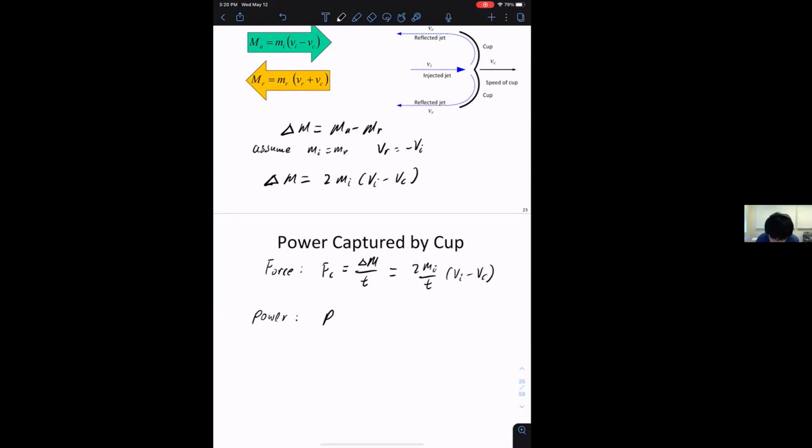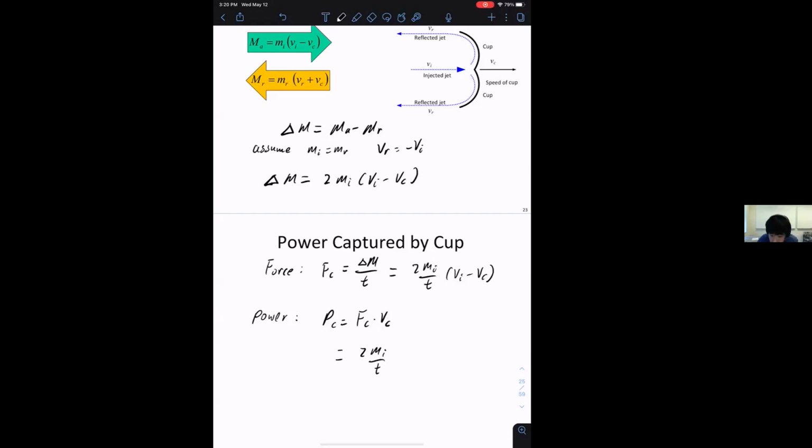All right, so this we know, right? So force times speed. Power is force times speed, where the cup is moving at a speed of Vc. We know the force, and the power is force times speed. And this gives us